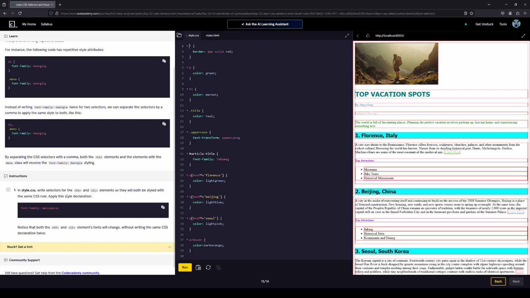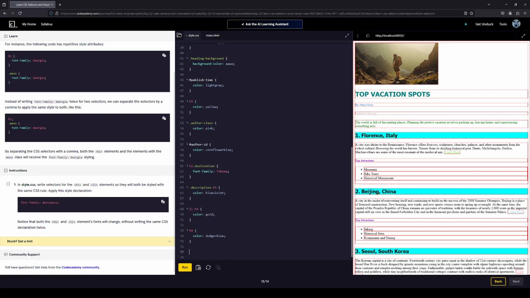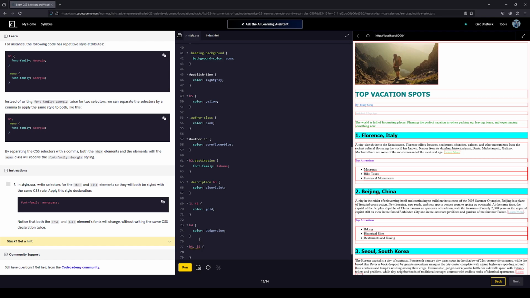In the CSS, write selectors for the H1 and LI elements. They both will be styled with the same CSS rule. So